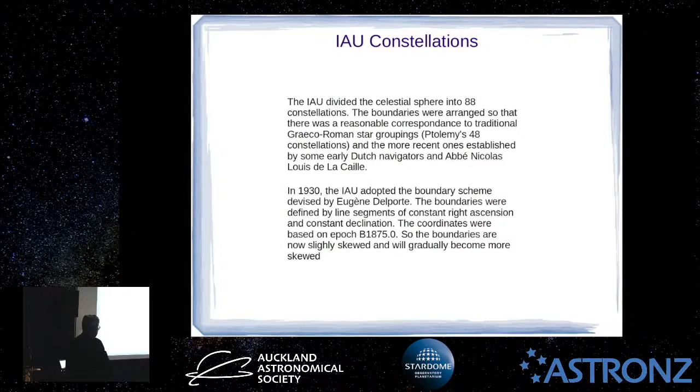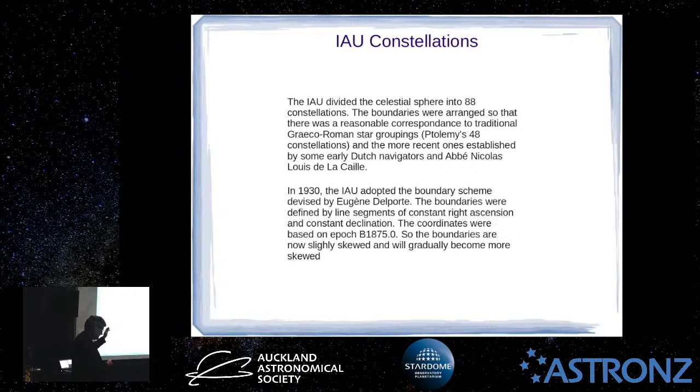of the IAU, and the ancient 48 constellations, they tried to keep with those as much as possible. They added a bunch of new ones for the southern hemisphere, and the southern hemisphere was mostly, I think it mentions here, some Dutch navigators and Louis de la Caille, who was a priest, and I believe he did observe possibly from Cape Town, I recall. And so